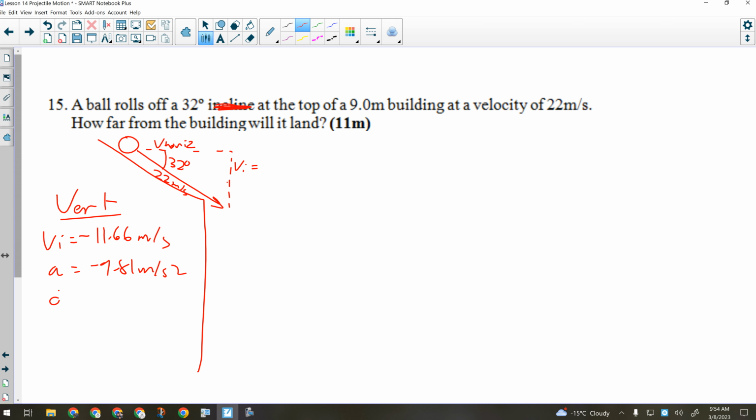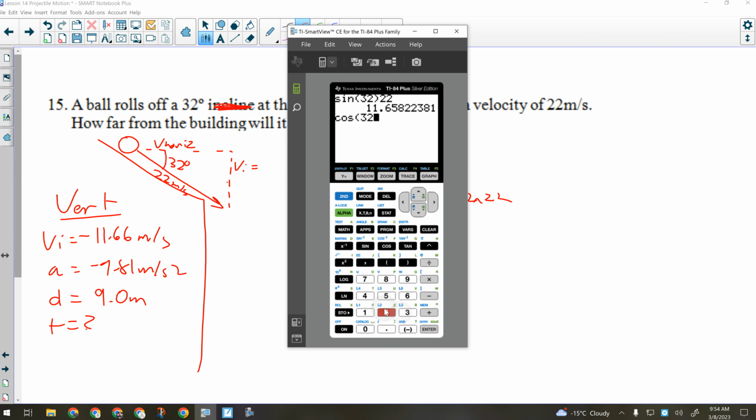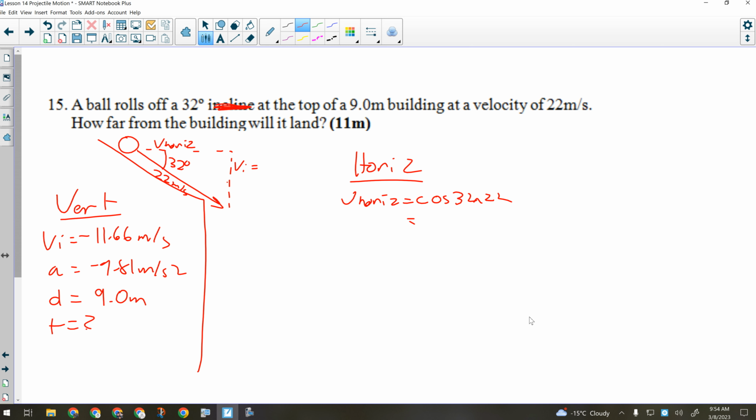And we know that the displacement there is going to be 9.0 meters. All right. Now we need the time. We also need V horizontal, which we don't have yet. So to get V horizontal, we're going to go cos of 32 times 22. Okay, so 18.66